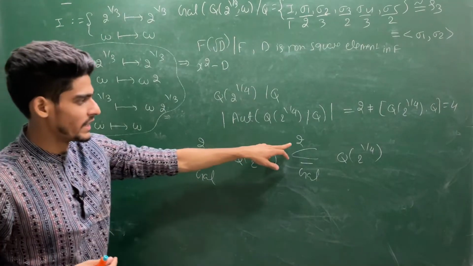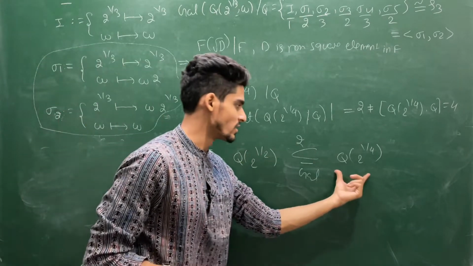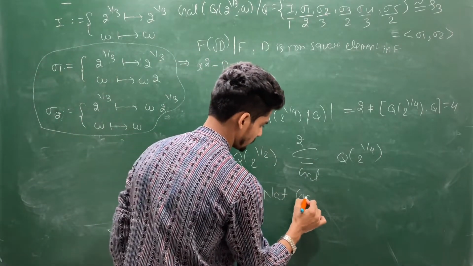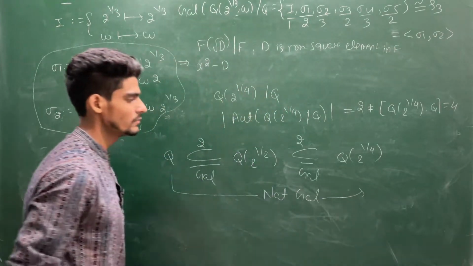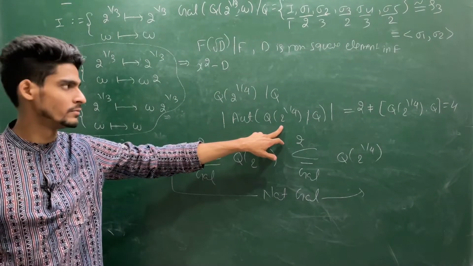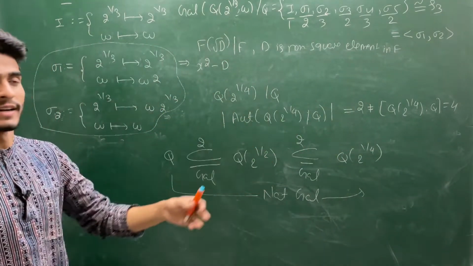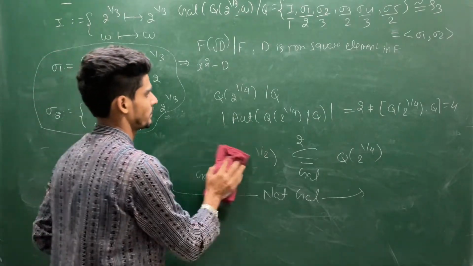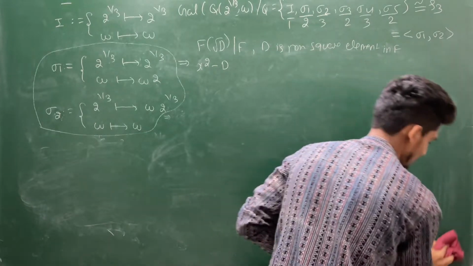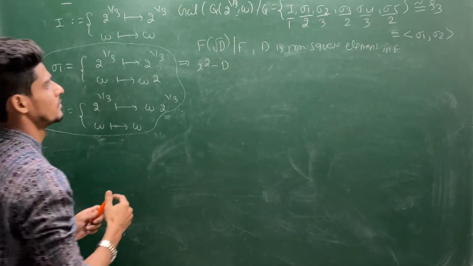So this is a 2 degree extension, this is 2. From here to here it is Galois, from here to here it is Galois, but from here to here this is not a Galois extension. So in general it does not satisfy the transitivity property. Now let me come to this particular example. Then I will give you one more special example.